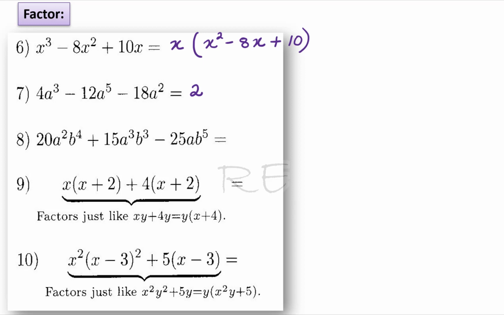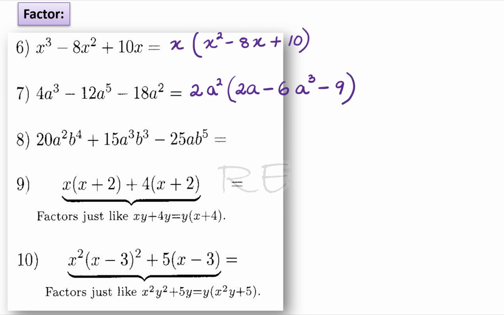The greatest common factor between 4, 12, and 18 is 2. And between a cubed, a to the fifth, and a squared is a squared. We are left with 2a. 2a times 2a squared, 4a cubed, minus 6a cubed, minus 9